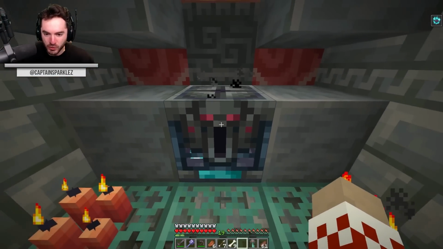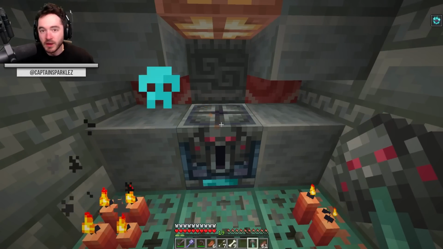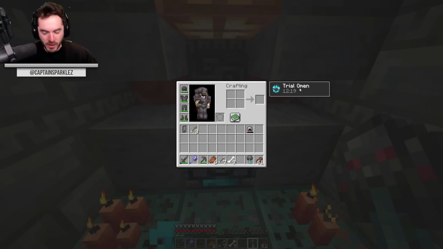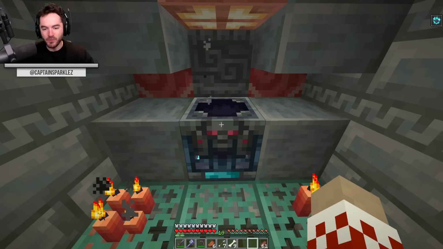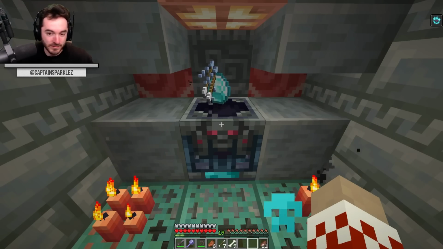And this will only open if you provide it. See, it matches with the ominous trial key. So this would still be here, regardless of whether or not we had trial omen. We just wouldn't be able to open it until we get the ominous trial key. So if we put this in here, we can now get a loot pull, which is a lot of diamonds,